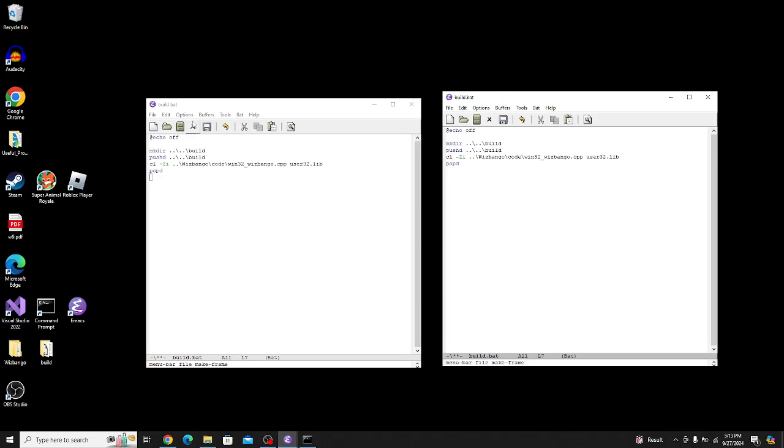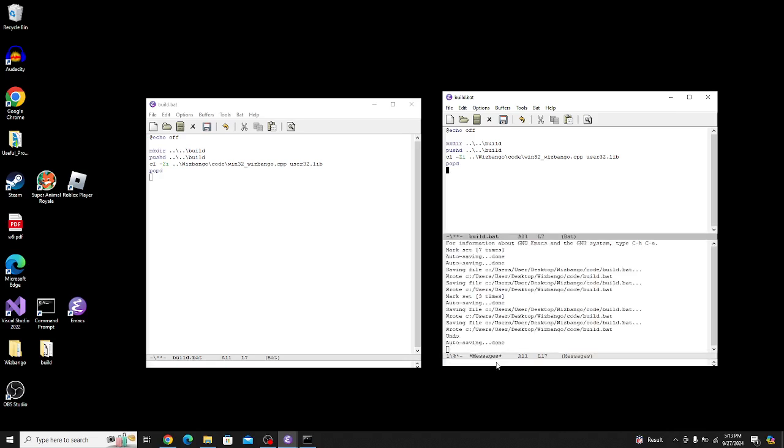Because I would like to look at this and my other file, the CPP file, at the same time. And so I also need to find that. So to find that, Control F, and it's conveniently already pretty much there. Anyway, so then it's called win32_wizbango.cpp. So I'm going to find that,